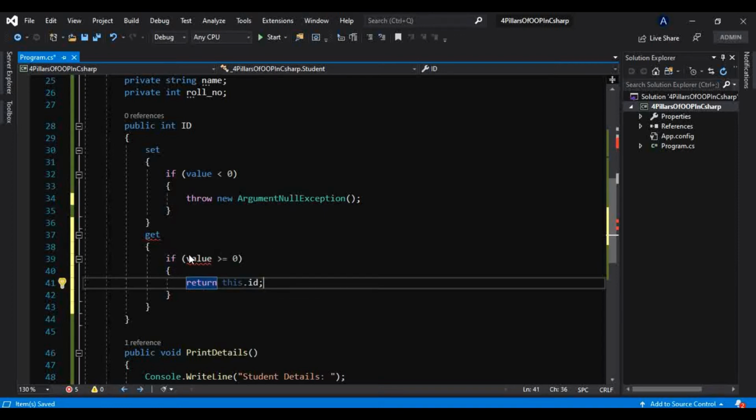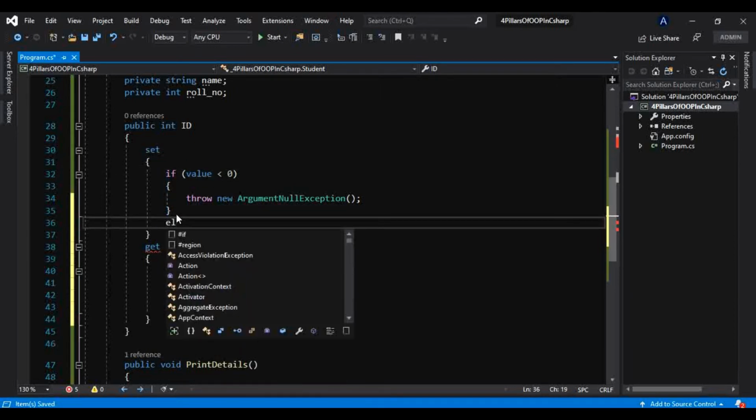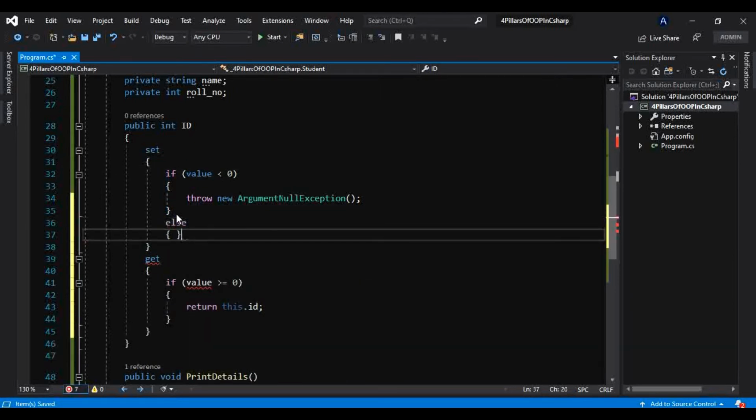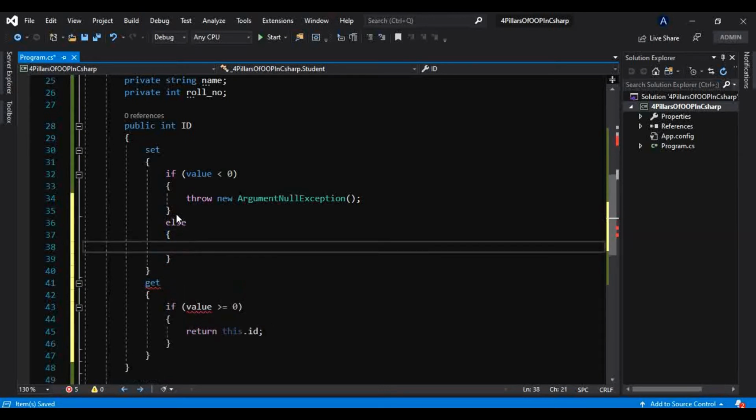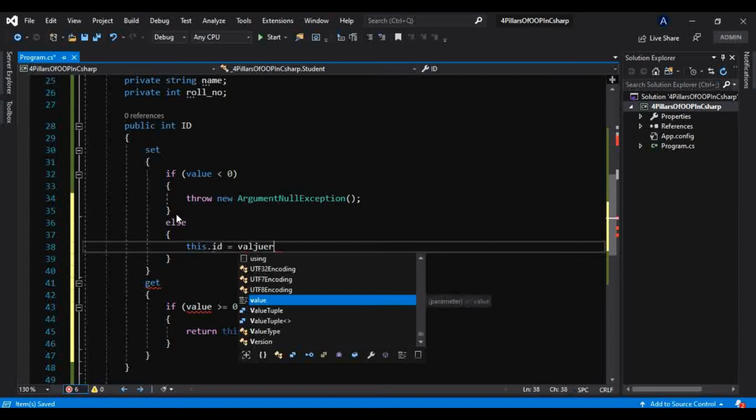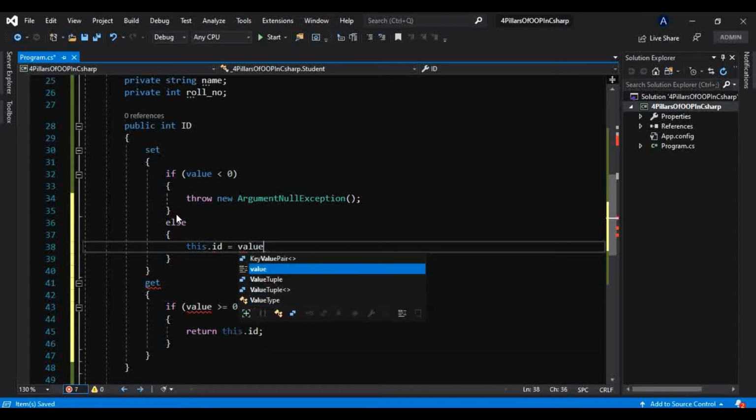We don't have to use value here, because we are validating that in the set accessor. If that value is correct, then in the else block we want to set that value to this.ID. This.ID is equal to whatever value the user will enter. Okay, so that we want to store in this ID.